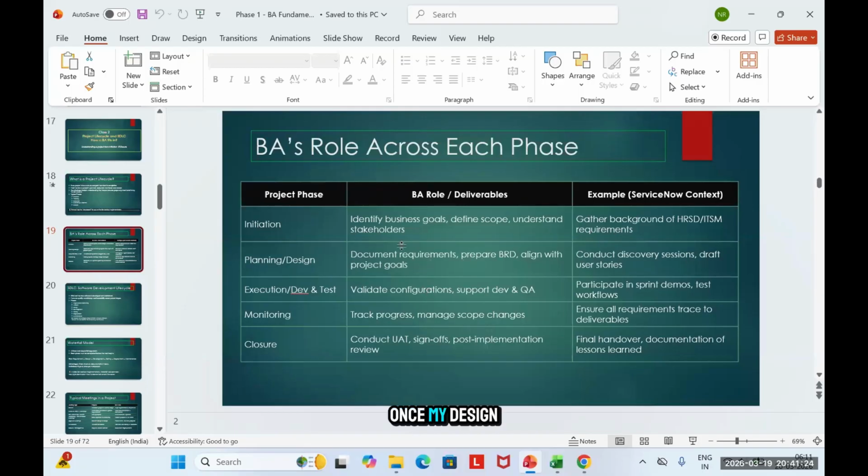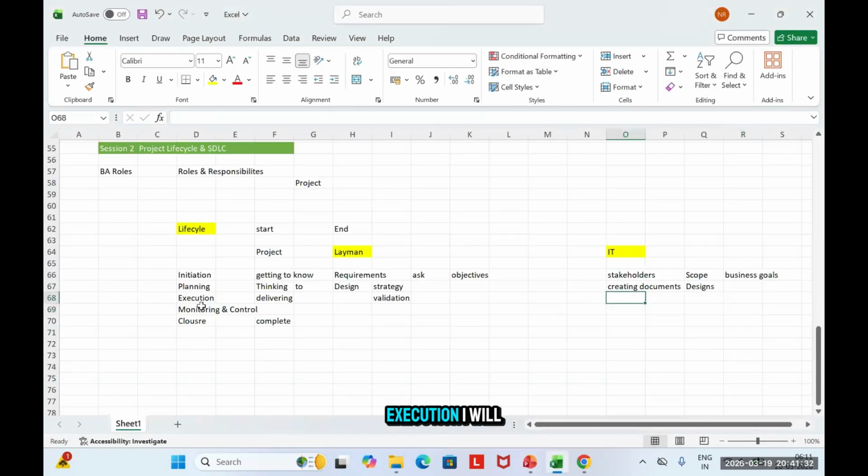Once my design is ready and I have created the documents, then I'll have the next phase. In the next phase, which is my execution, I'll have my developers working on it. I'll have my testers doing the job. The developers' job is whatever we have agreed here, that this is what we want to deliver; the developer will be working on that part.